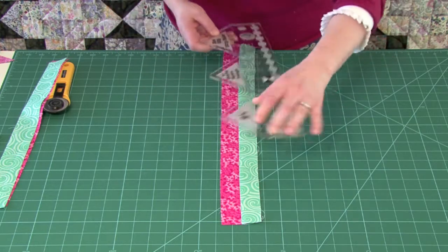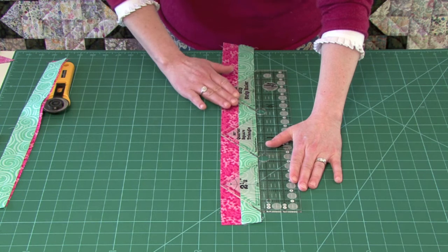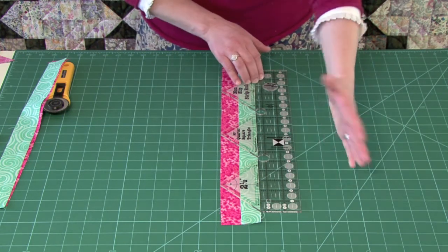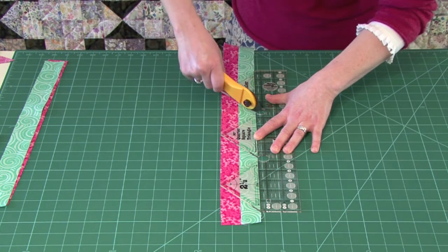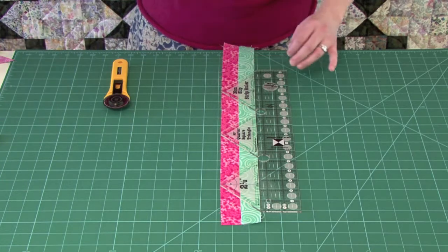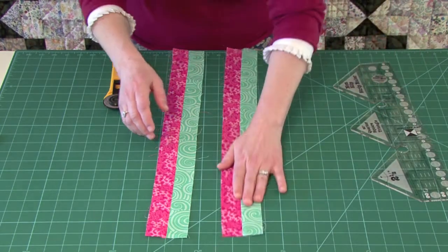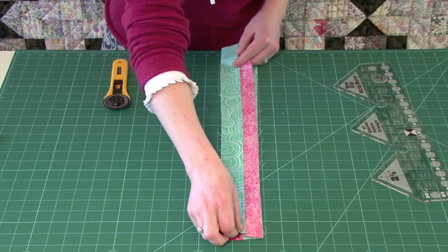Just rotate the ruler, then line it up as before and just nudge it into place, and when you're happy that all the tops of the triangles line up with the top edge of the fabric, you can spread your hand across and you can rotary cut these pieces out. You can do exactly the same thing if you repeat the process and join another 2 strips together, and then you put these on top of each other so that they're coordinating,